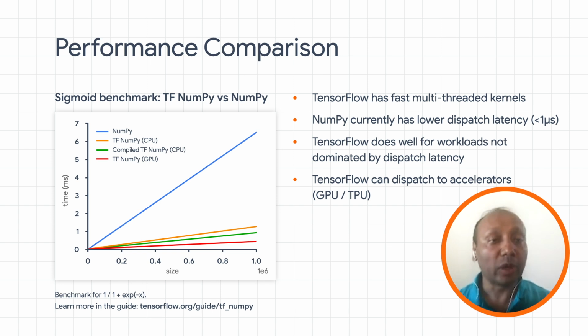However, as the problem size grows, as you move towards the right-hand side of the plot, you see that TensorFlow starts becoming much faster. Towards the right-hand side, at about 1 million input size, it is even 7x faster on this toy problem compared to NumPy. And GPU is, of course, much, much faster. So the summary is that you can take existing code and, without doing anything extra, if you have GPUs, TensorFlow magically leverages those GPUs and makes the computation much faster. And even on CPUs, you have some advantage because of TensorFlow's highly optimized and multi-threaded kernels.